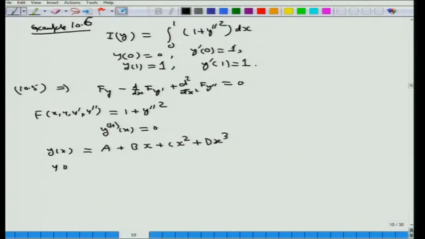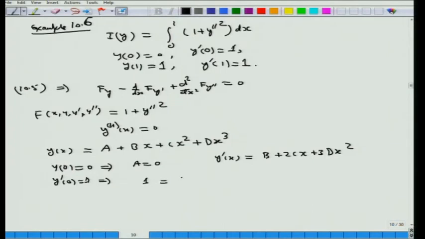So, y at 0 equal to 0 implies that a equal to 0, and y prime at 0 equal to 1 implies, now y prime of x, a is 0, so we get b plus 2 c x plus 3 d x square. So, this will give us 1 equal to b plus